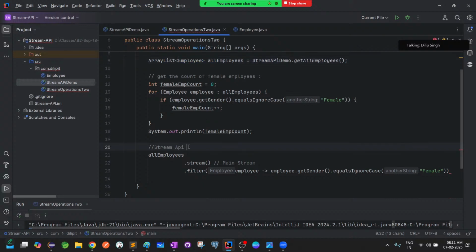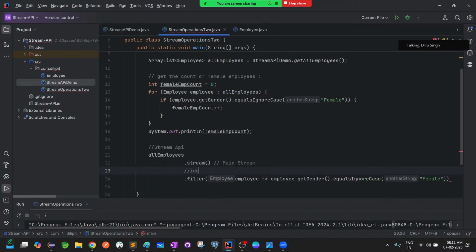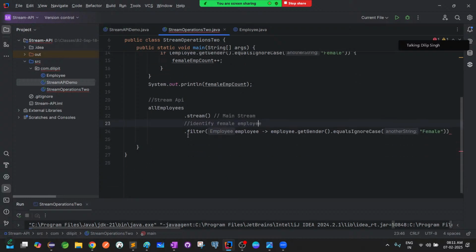So identifying means step number 2, what you have to do? Identify the female employees. That is what you are doing. To identify the female employees, what you have to do? You are utilizing the filter method. Filter is all about condition. So I'm taking employee whose gender is matching to the female. So that means now by the time this filter method is executed,